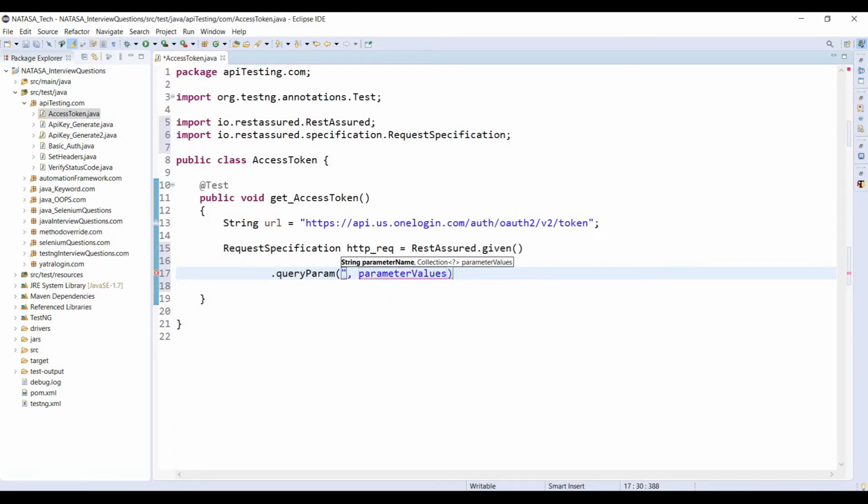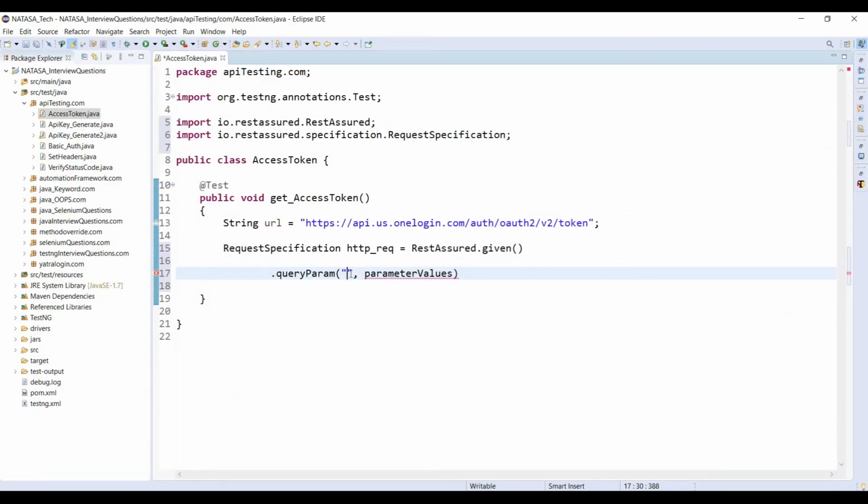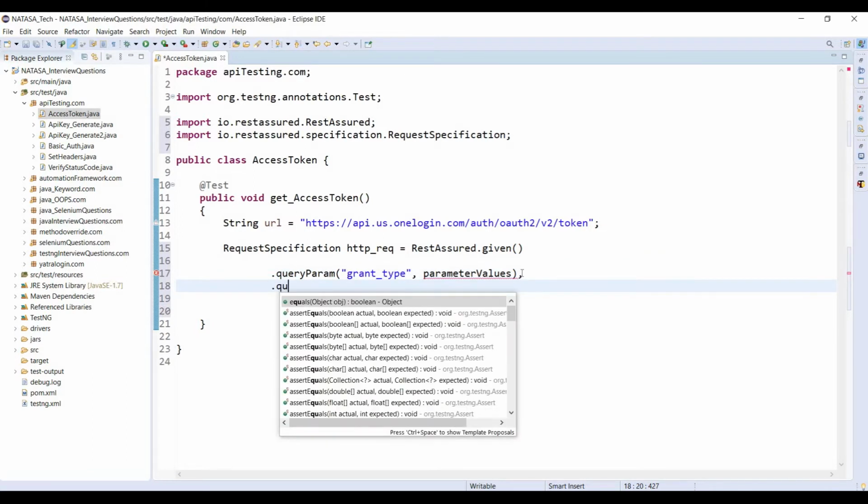So what is the first key? Grant type, client ID and client secret. These are the three parameters, key and value, we have to pass inside. So what is that one? Grant type. Next is query param.